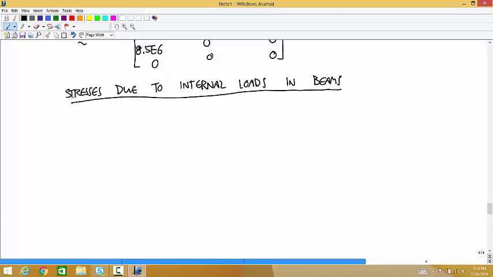So I want to do one frame problem, calculating the internal loads in one of the beams of a frame, just to jog your memories about that. And then on Friday, I guess, we'll get into how you calculate the stresses due to the bending moment and the shear force in beams. So, okay, let's say